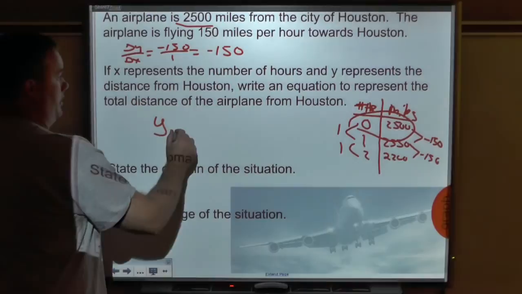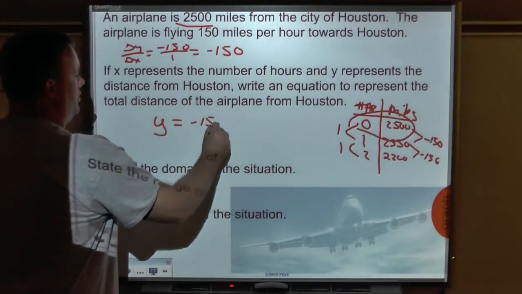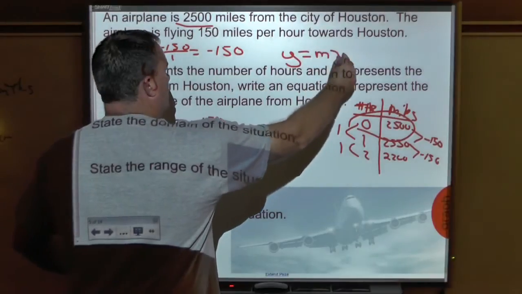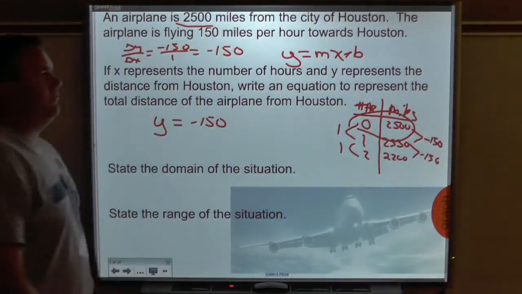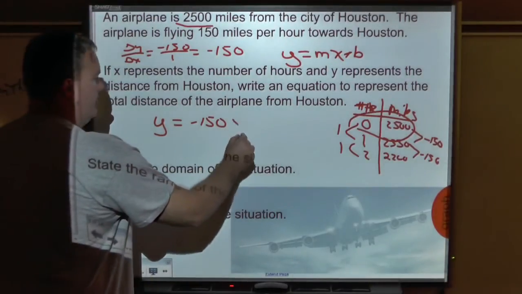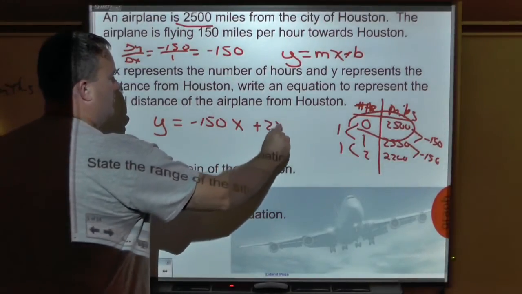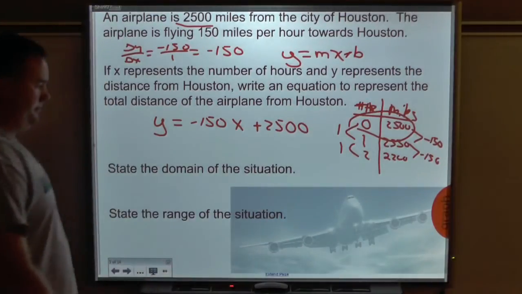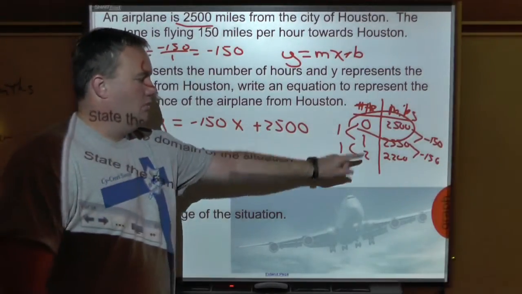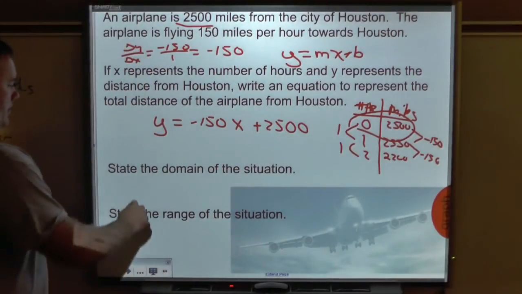So if you look at this, in slope-intercept form, y equals mx plus b, that linear function form, y is equal to negative 150x plus 2,500. Now, it asks you, what's the domain for this situation? Well, think about it. What are we traveling by? Hours. So if we're writing domain,